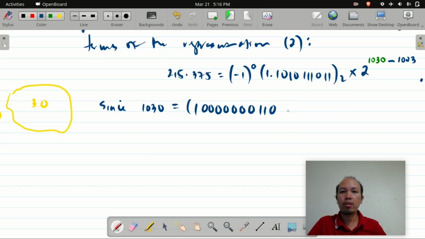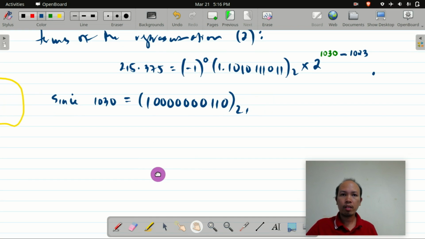This one here. Okay, so let me count. 1 2 3 4 5 6 7 8 9 10 11. Okay, there are 11 numbers. Therefore, since 1030 is equivalent to that one,